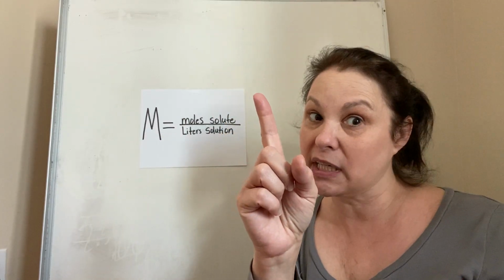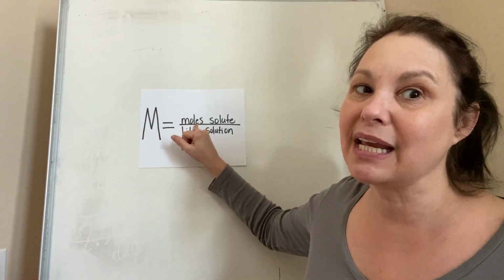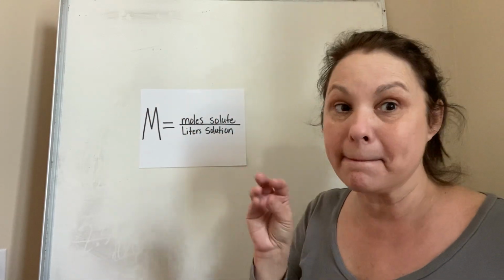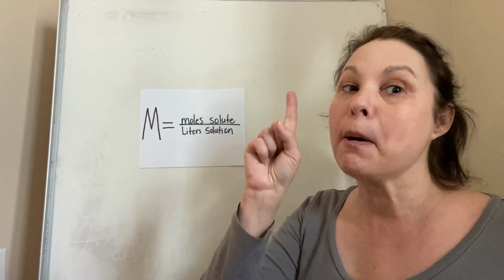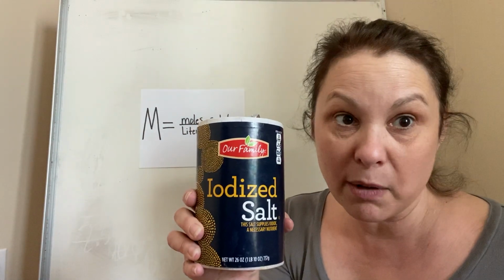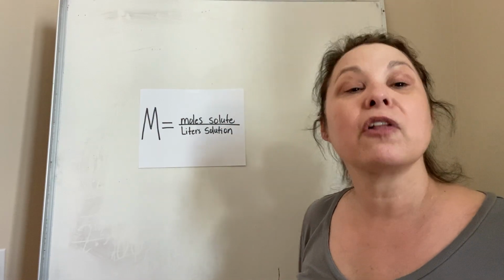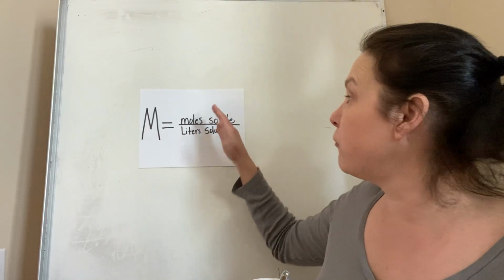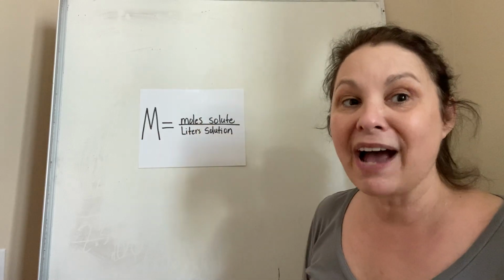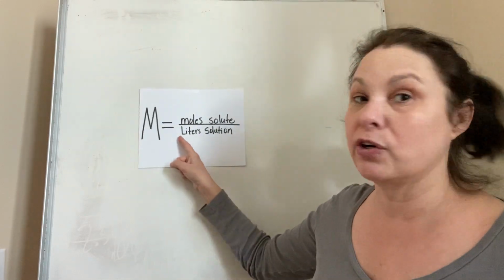But this is where it gets picky. That solute to find molarity has to be in moles. You cannot work this problem unless you have the amount of the solute in moles. You cannot put grams in there. If I tell you you put in 5 grams of salt, you cannot put that there. You would have to convert those grams into moles before you could use this formula. This formula demands moles. So you have to know the moles of the solute over the liters of solution,